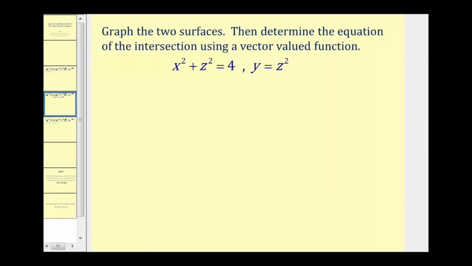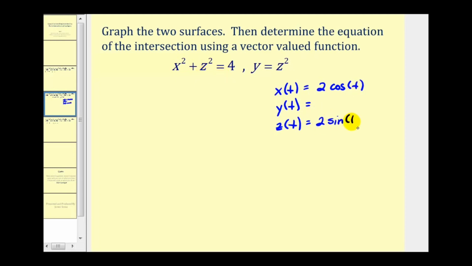Because it's a space curve, if we can define x of t, y of t, and z of t that satisfy both of these equations at the same time, we can then rewrite these equations as a vector valued function. So looking at this first equation, we have x squared plus z squared is equal to 4. Well, if this was equal to 1, we could let x equal cosine t and z equal sine t, but it's not, it's equal to 4. So in this case, if we let x equal 2 cosine t and z equal 2 sine t,